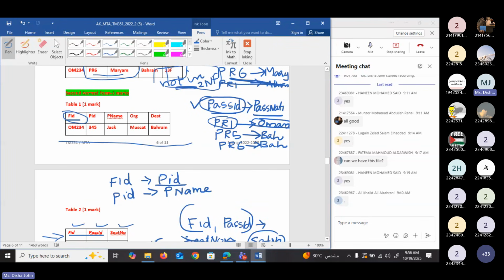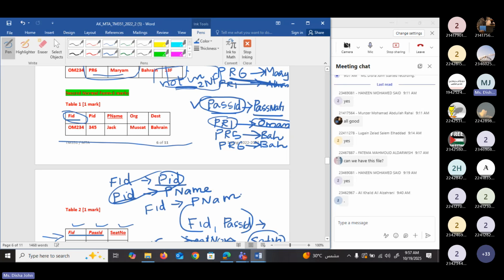On the right hand side we have pilot ID, and in the second one we have pilot ID on the left hand side. So they are common. What remains? Flight ID and pilot name. So this is the transitive dependency: flight ID determines pilot name.